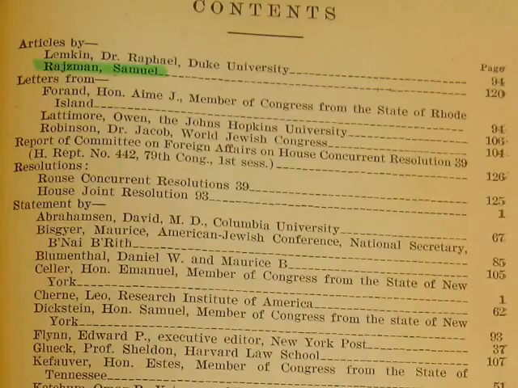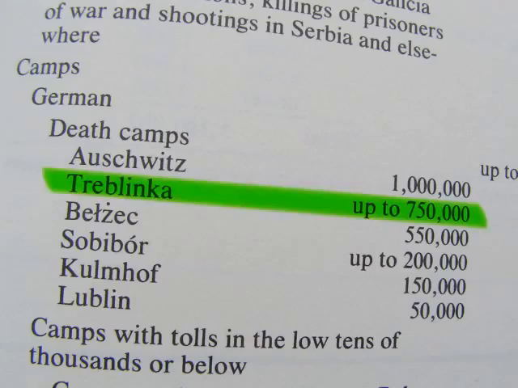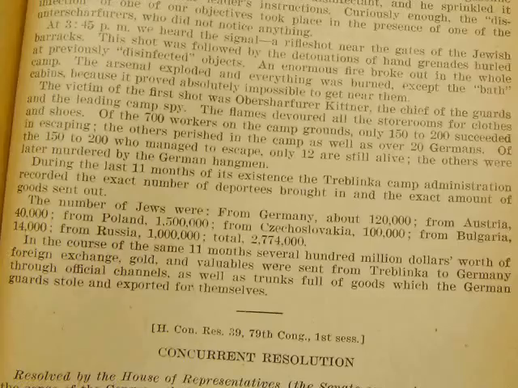At the end of Rosman's article in the U.S. House of Representatives document, he mentions how many people were killed at Treblinka. First, take note that in Raoul Hilberg's book, The Destruction of the European Jews, Hilberg estimates the number killed at Treblinka as up to 750,000. Samuel Rosman, however, has a much higher number. The number of Jews were, from Germany about 120,000, from Austria 40,000, from Poland 1.5 million, from Czechoslovakia 100,000, from Bulgaria 14,000, from Russia 1 million, total